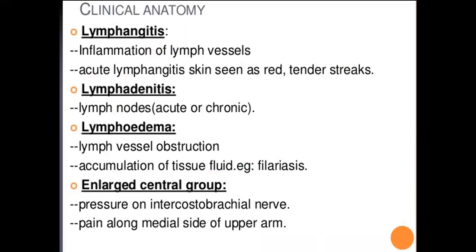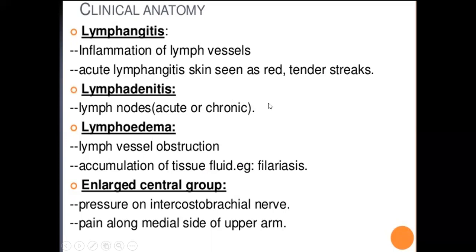Now coming on to the clinical correlates relating to the lymph system. What is lymphangitis? Whenever the word itis comes, itis means inflammation. Angitis, vessels, or lymph vessels. So lymphangitis is the inflammation of lymph vessels. It can occur in any infection, any disease, and the lymph vessels appear on the skin as red streaks. Lymphadenitis. Adenitis, lymph nodes, is the infection of lymph nodes.